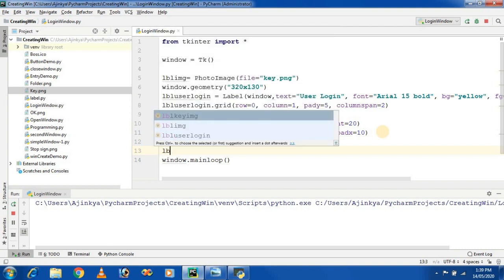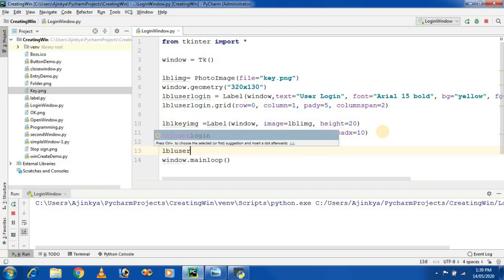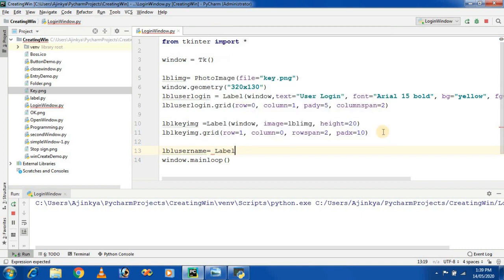First I am creating the label called lbl username. The label is placed on the window. Next, for the label text property, I am entering the username. Then the third property, justify, it is to the right.